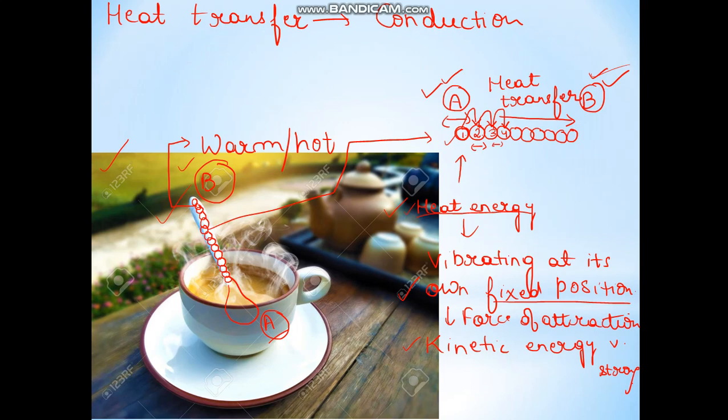So if we frame the definition of conduction, then we can say that conduction is the mode of transfer of heat energy in which the particles of the solid, or the particles of the object, vibrate at their own fixed position and then transfer the heat energy by vibrating at their own position. And conduction takes place only in solids and only through direct contact, right? So this was about how conduction is actually taking place. I hope that it was